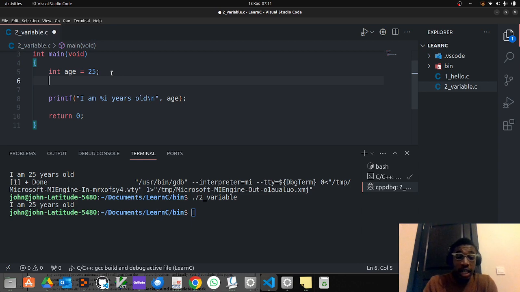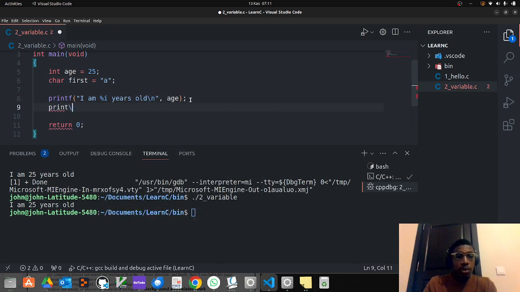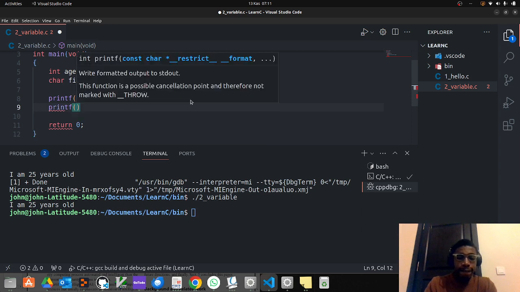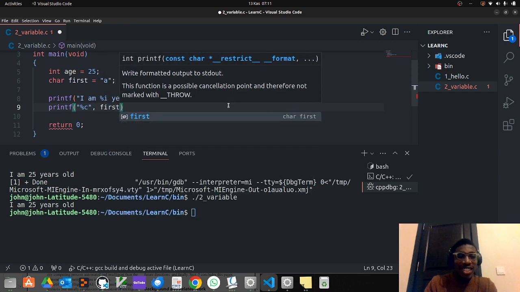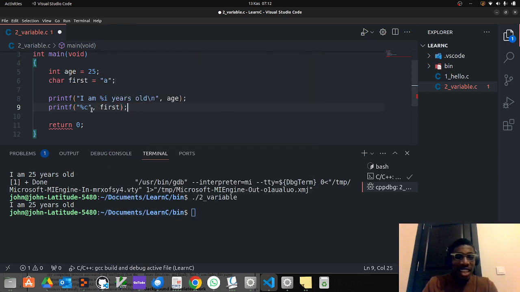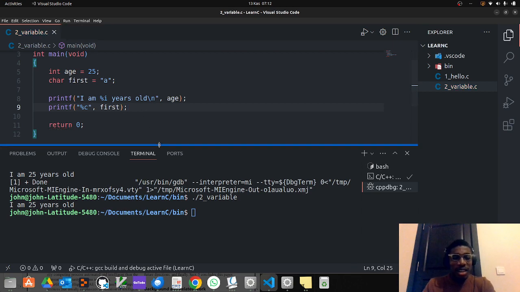We can also create a character. I can just say first, which is out of the scope of this presentation. Then I can just come down here and say printf, and now back to what I mentioned before, we need a format specifier. This is not an integer, it's a character, so I need to now come here and say first. So you get the idea. So when I save this and I run my code,